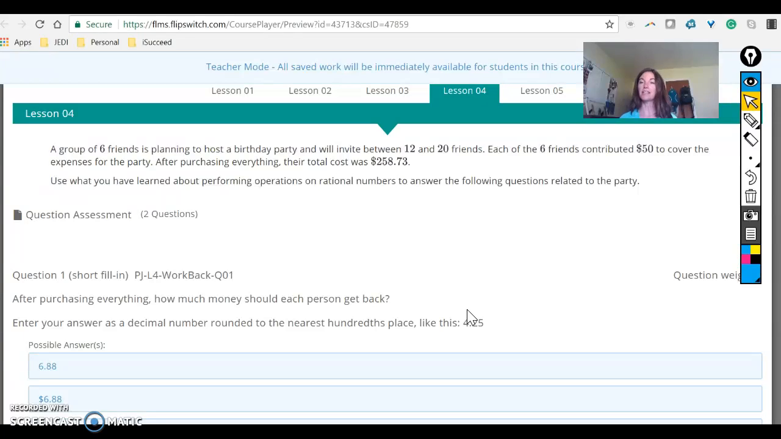So again, $50 each, so there's 6 people who each contributed $50, and if you'll remember from your multiplication tables that 5 times 6 is 30, so 50 times 6 is going to be 300. So they had $300 to spend on this party. So that's our first calculation, all right? Second calculation is to determine how much extra. All right, so the party cost $258.73. They had 300, so we need to subtract